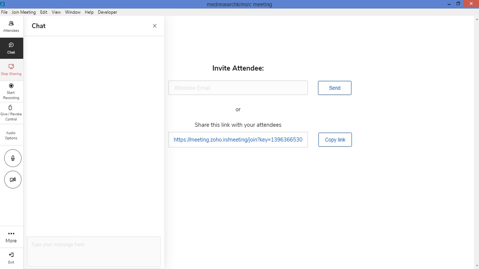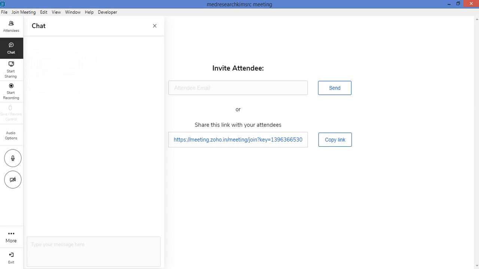Suppose you don't want to share your screen with them, you can click again so that your sharing will be stopped. Now again, see, the start sharing option has come. Again if you click on start sharing, it is better to select the entire screen so that your entire computer window will be shared with the students who have joined the meeting.